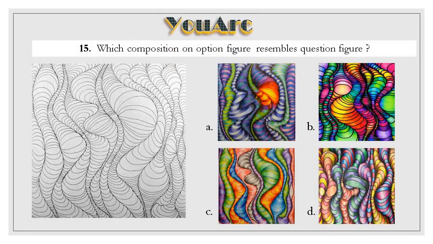Which of the composition figures resembles the question figure? Here I have just inversed the question. The question figure has a 2D black form, whereas the options have colored form. We'll take the important or highlighting element, this particular portion. There is some M kind of thing happening here, and after that we have two L's.